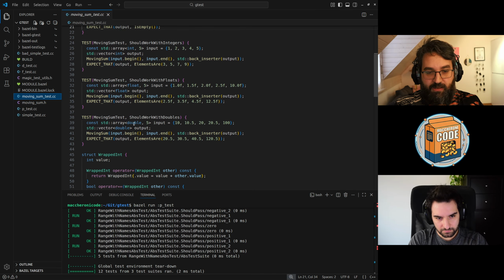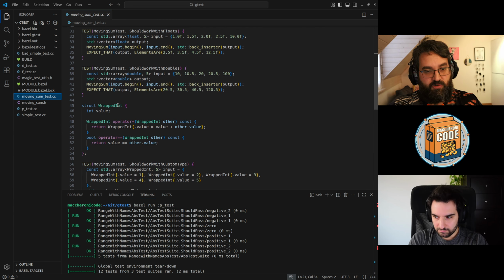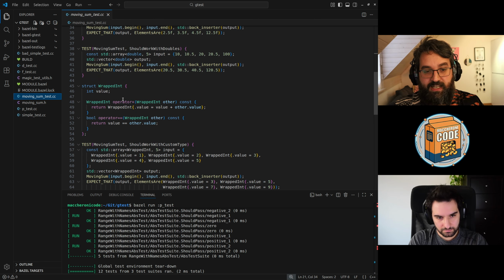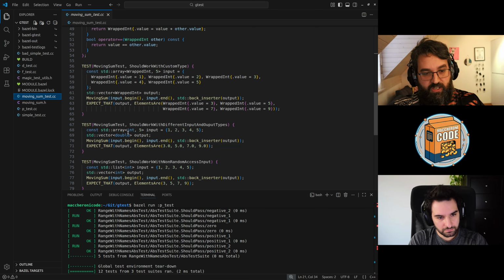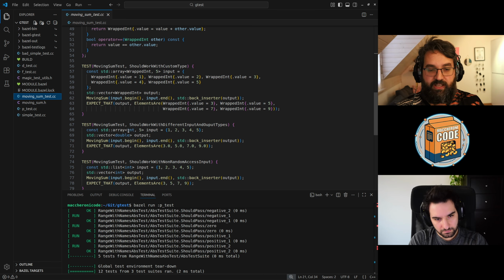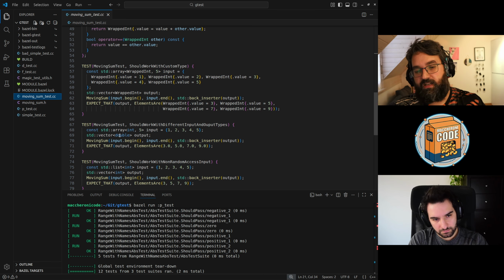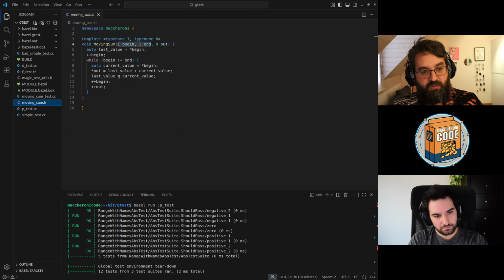We are checking that this works with doubles. We are checking that it works with custom types, and in this case, we are checking plus and equal. We are also checking a mismatch of types, so the input can be an integer, but we want the output as a double. You have noticed that the input and output types are not the same.